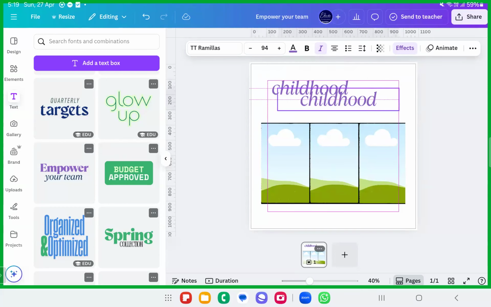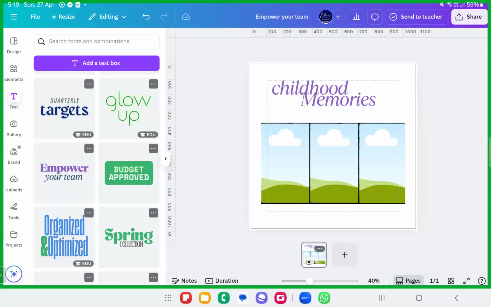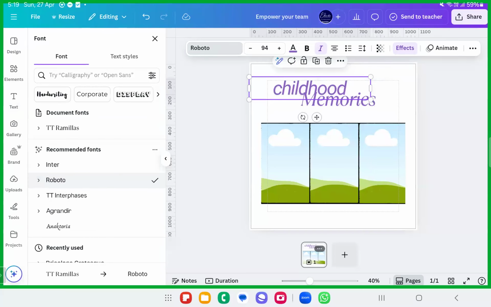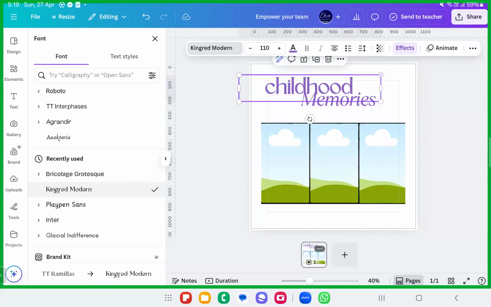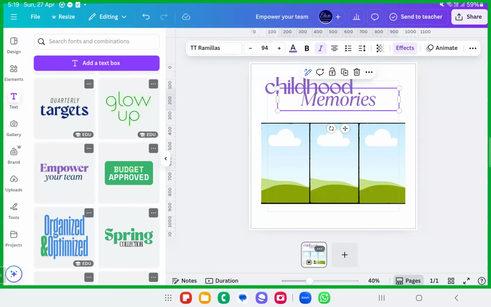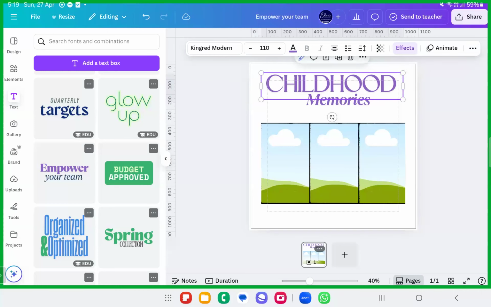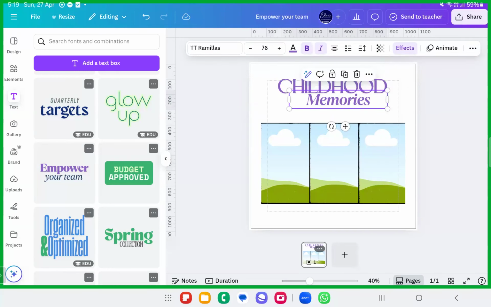I'll duplicate this. Memories. Okay, childhood. I'll write it in a different format. So see here, I'm making use of different fonts. This is actually called typography, wherein you have to make sure that you are adding beautiful fonts and styles, making the textual content, emphasizing the textual content, and making beautiful typography out of the stuff that you're creating. Fine. So childhood memories.